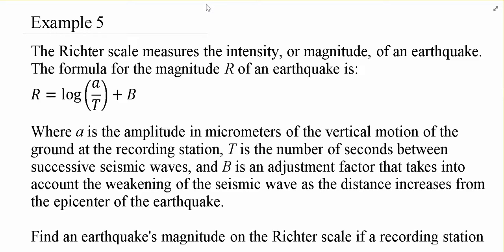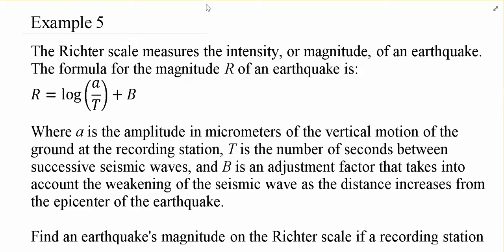earthquake. Now, the formula to get that value that you hear on the news is the common log of A divided by T, plus B, where A is the amplitude of the seismic waves of the earthquake itself, and they're measured in micrometers. But this is how much the ground moved up on a wave of the earthquake. Now, the capital T is the number of seconds between successive waves, so between when the ground moved up and it moved up again. B ends up being an adjustment factor that's brought into play based on a couple of